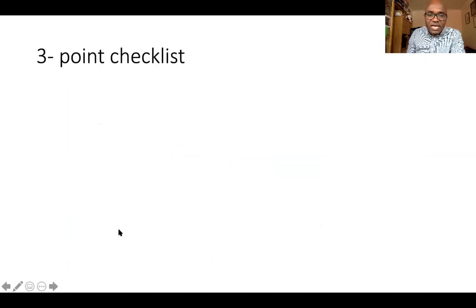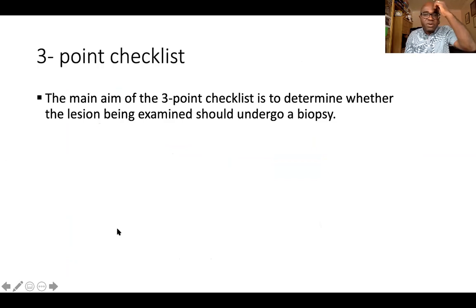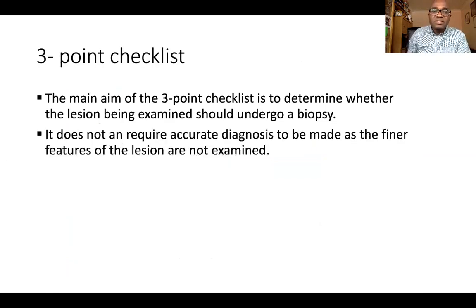So the 3-point checklist, a little bit into details. The main aim of the 3-point checklist is to determine whether the lesion being examined should undergo biopsy. So it does not require accurate diagnosis, and it is made for really the novice and non-experienced people in dermoscopy, which just gives you an idea that you don't need to have the finer features, but really you think this lesion looks suspicious, that it requires biopsy, and either under 2-week wait or referring to dermatology. Okay,